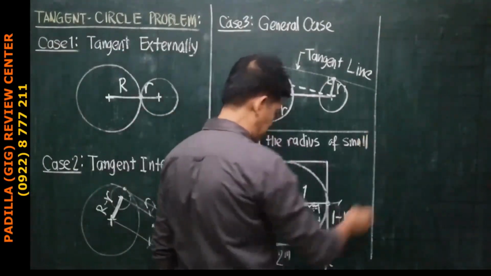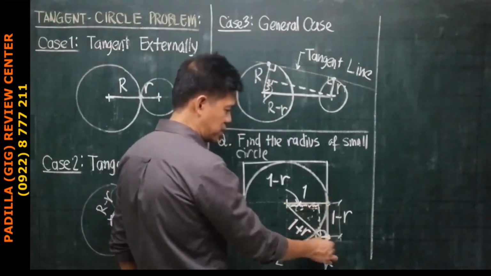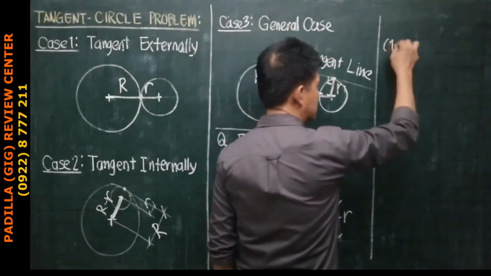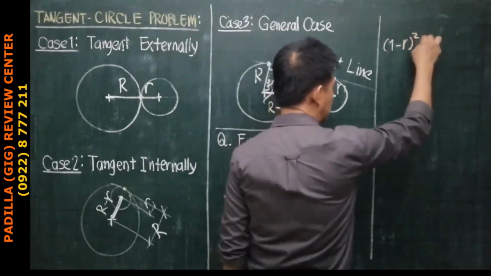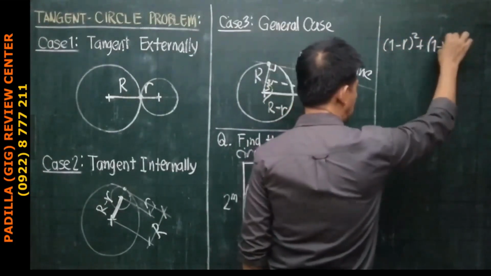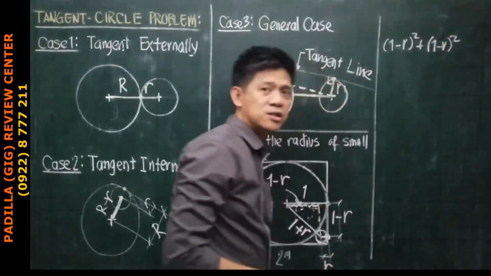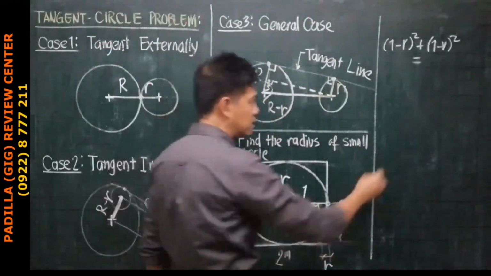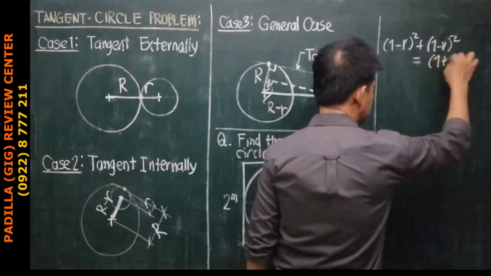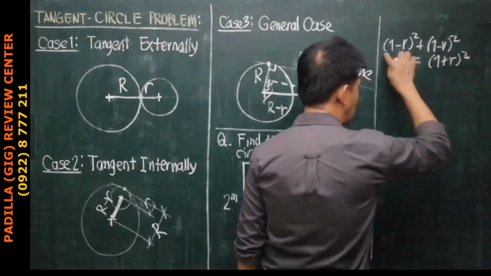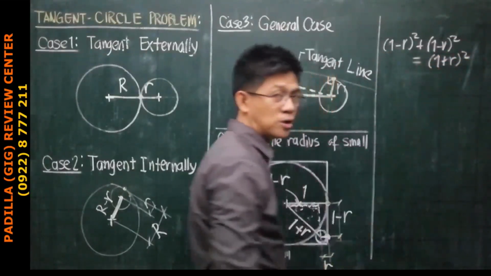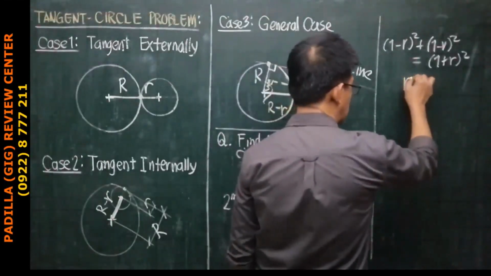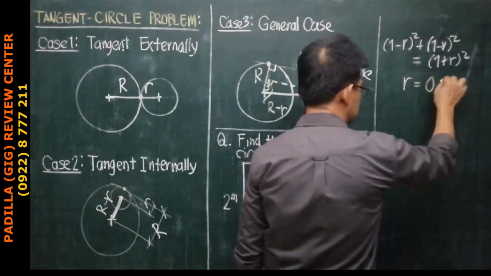Applying Pythagorean theorem, square of this plus square of this is square of this. So, I have here (1 minus r) squared plus (1 minus r) squared is equal to the hypotenuse, this one, (1 plus small r) squared. So this is one equation in terms of r. Input that in your calculator and solve for r. You'll get this to be 0.17